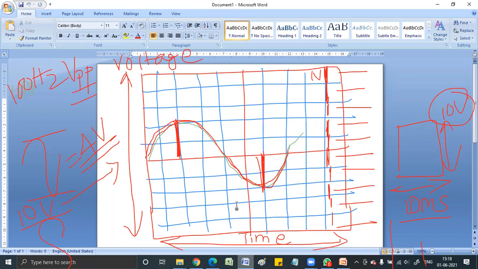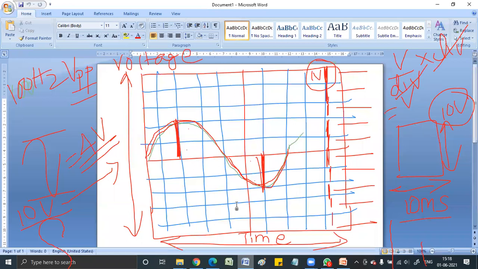So at 100 hertz, you always find out the volt per division first. Find out per division how much it is, and then multiply by how many blocks there are. Because volt per division multiplied by the number of divisions, the division cancels and you get volts. I hope this is clear.